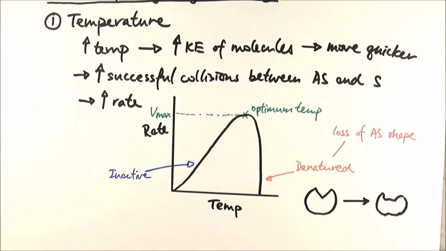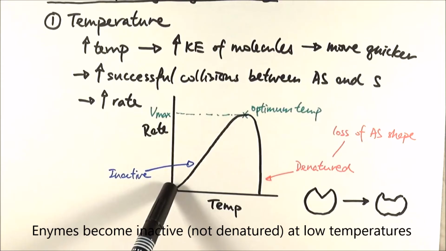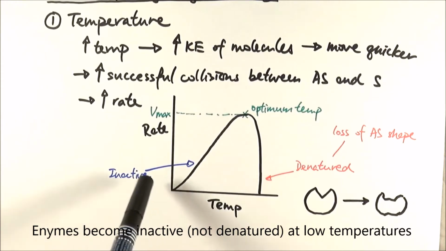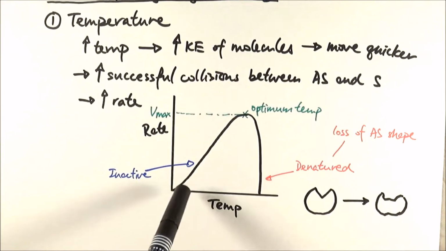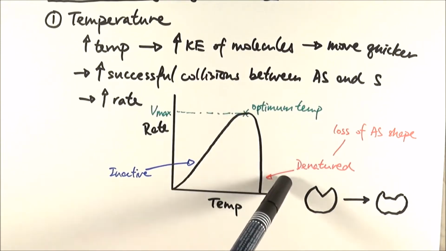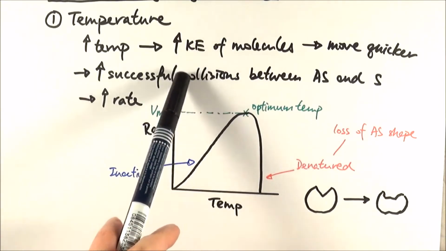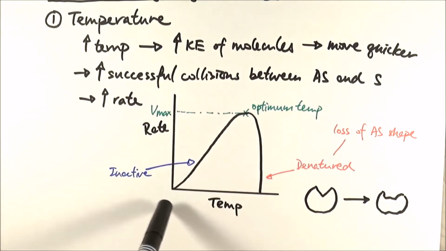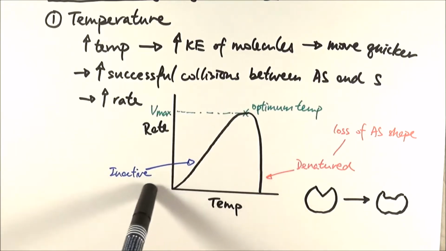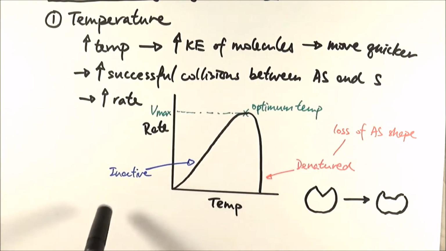In exams, often they will probably give you a graph like that and then ask you to interpret it, quoting data from the graph or from a table, or perhaps they will give you data and you need to sketch the graph and explain what's happening. Some key bits that people often make mistakes on is to say that when it's too cold, the enzymes become denatured. When it's too cold, it just means that they're not moving quickly, but it doesn't mean that the shape is lost. But when it gets too hot, it definitely is denatured, because they have so much kinetic energy that the atoms move apart much further than they should, breaking the bonds that hold the tertiary structure together,